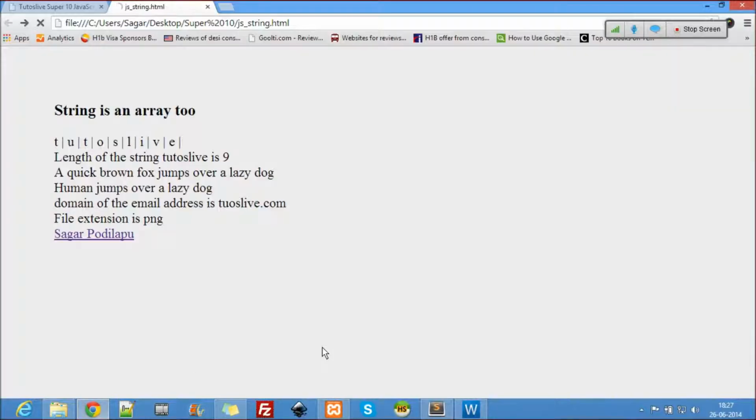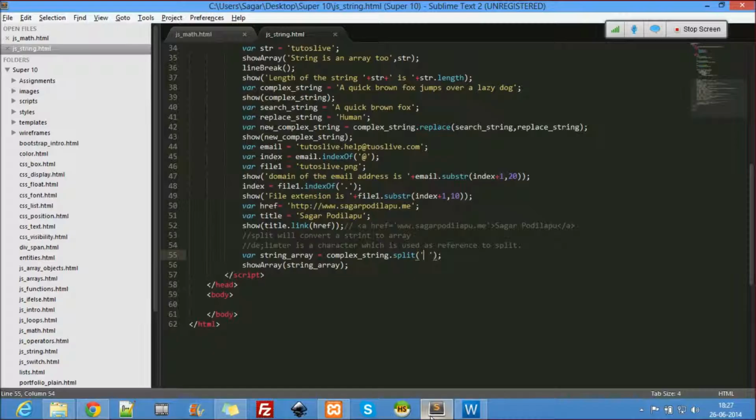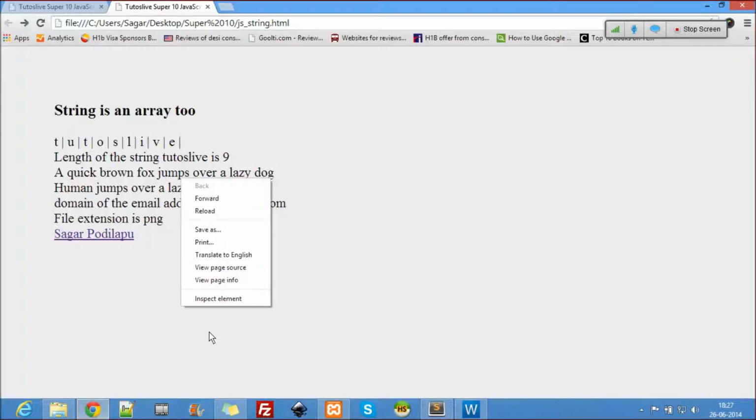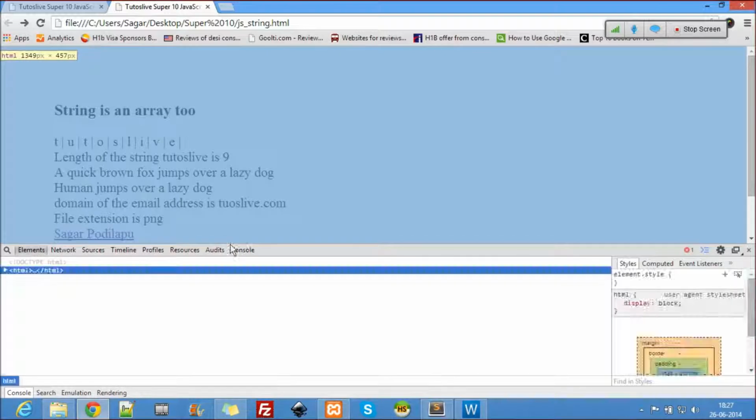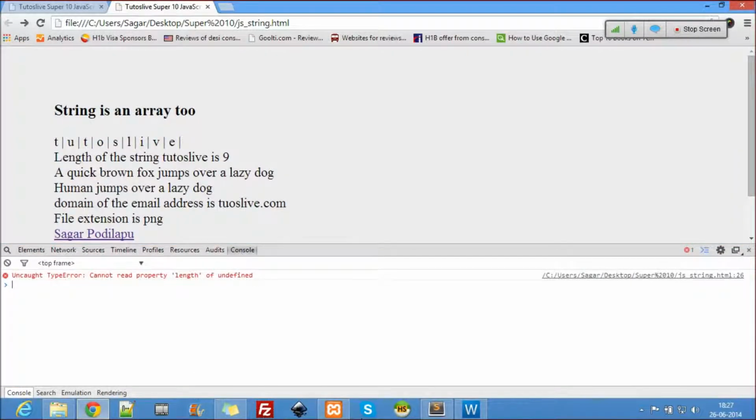Let's see now. Okay, there's something. Complex string dot split. Let me check what the error is here. Length of undefined.